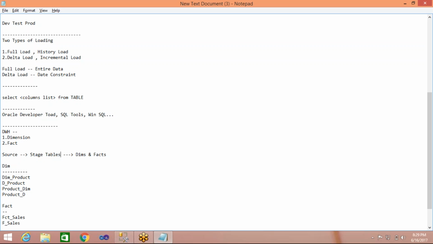Once we are ready with the data in the stage tables, we will move the data from stage to the actual table, either fact or dimension. So when loading the data from source to data warehouse, we will maintain stage tables. Wherever you are working on data warehousing projects, definitely there will be some stage tables. How to name the stage tables? Even for stage tables, they will follow some naming conventions. It might be st_